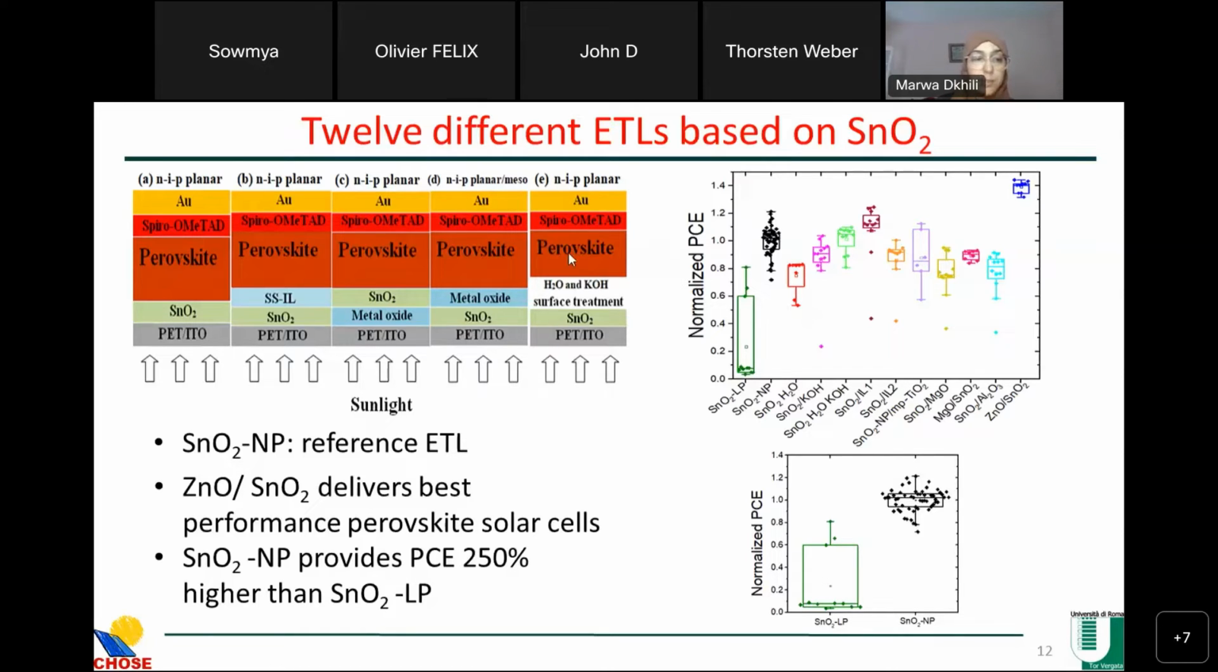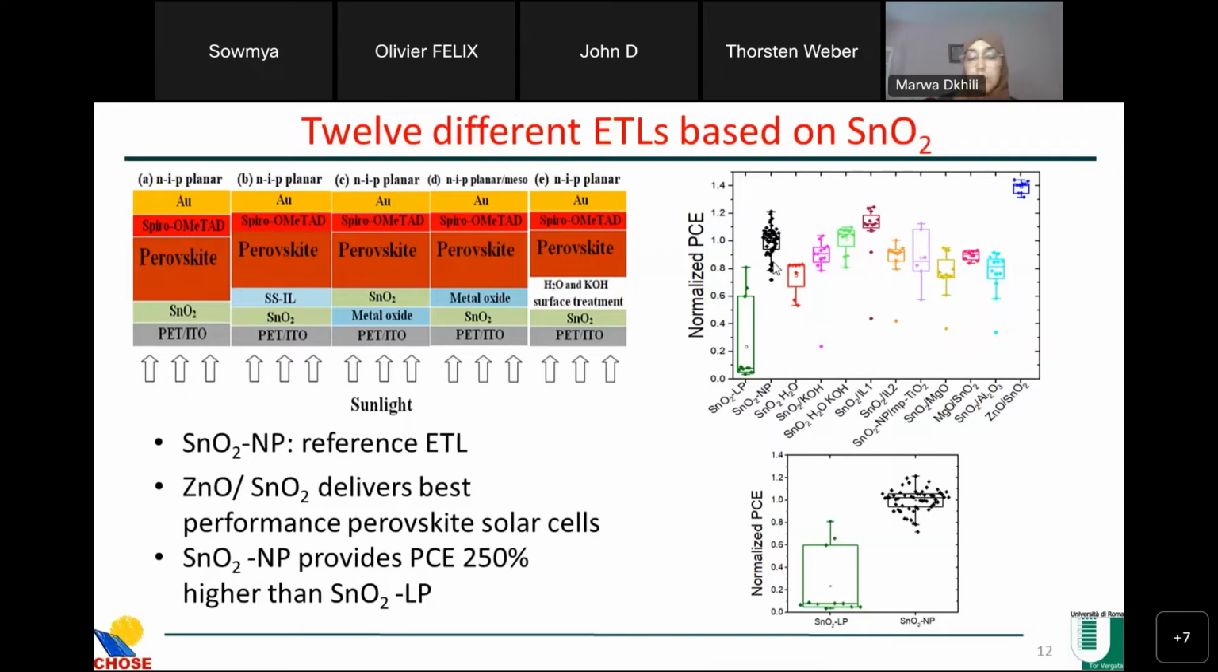potassium hydroxide. As we can see in this graph, each time cells with tin oxide ETLs were fabricated and used as reference devices, and the efficiency of the other configurations is normalized to the average efficiency of the reference cells to take into account the fluctuations in performance that can occur from batch to batch and over